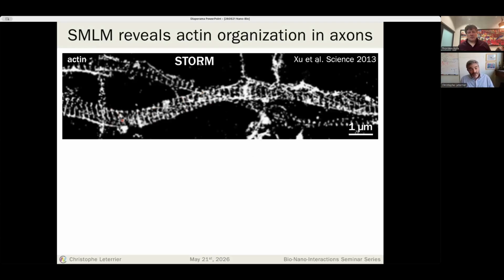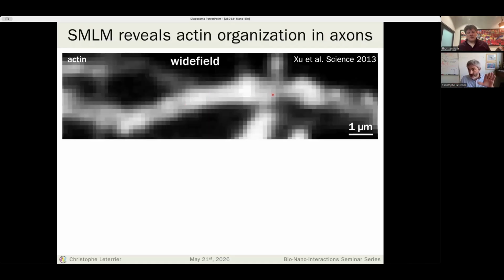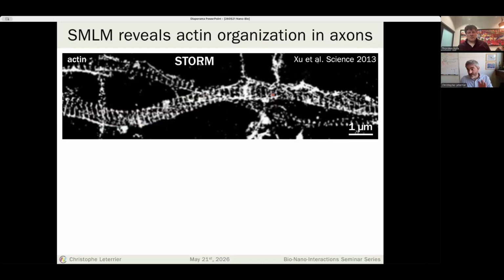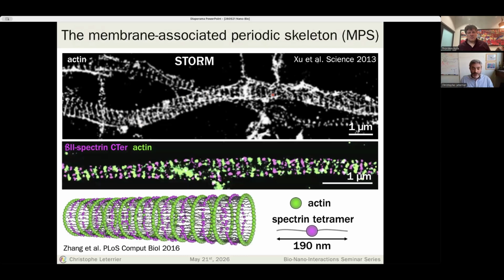So you see the rings of actin along the axon, and they are regularly spaced every 190 nanometers. And this 190 nanometers is the reason why it appears uniform at the diffraction limited level, because it is just under the diffraction limit. So after blurring, it just looks uniform. But it's actually a very precise succession of rings every 190 nanometers. And why is this distance 190 nanometers? This is because